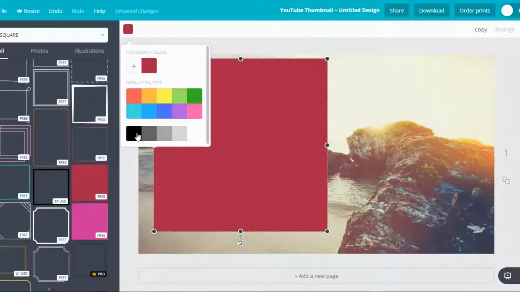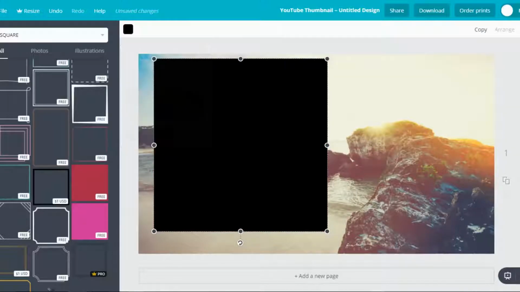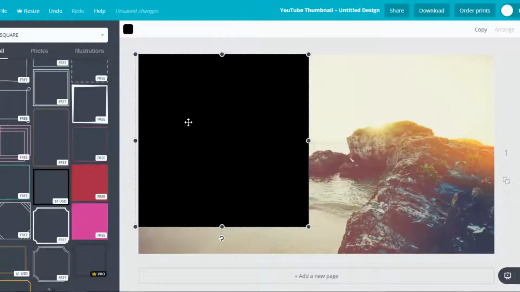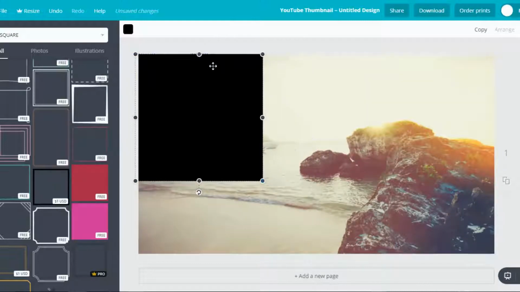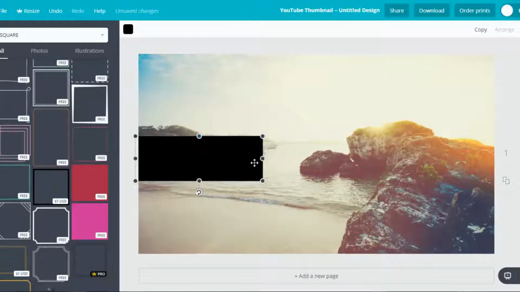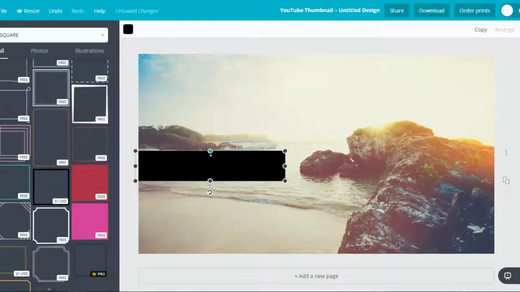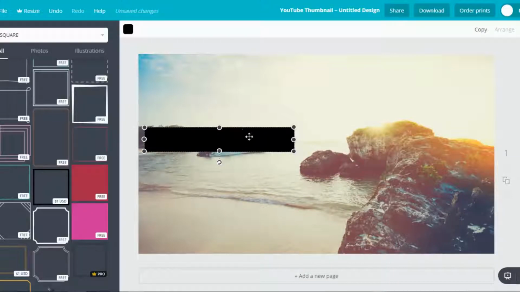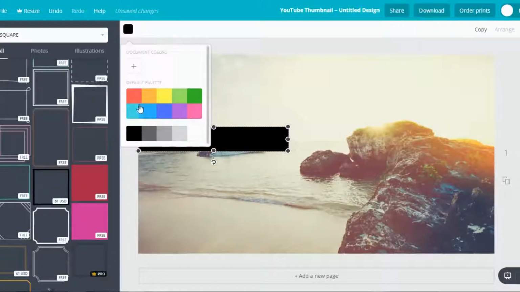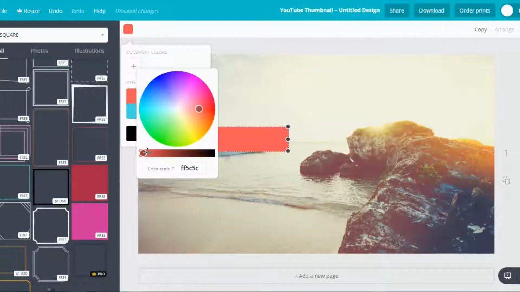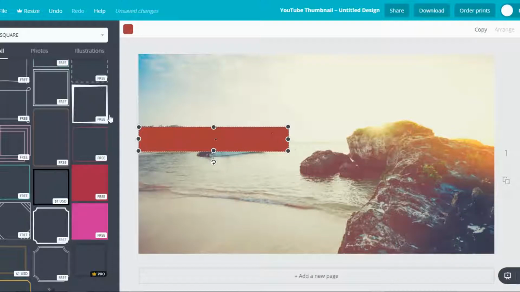I'll probably tinker around with the color a bit, and in this particular video just make something like this and put it to the edge. I think I'll change it to kind of like a red, and a deeper red, something like that. Maybe that goes. Then I'm going to copy it,